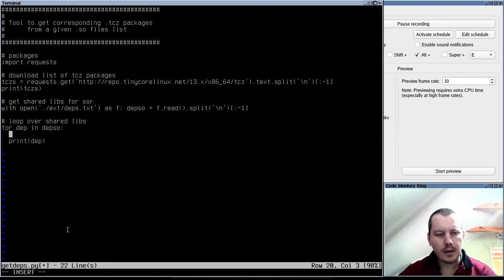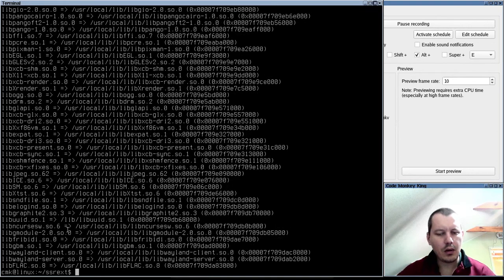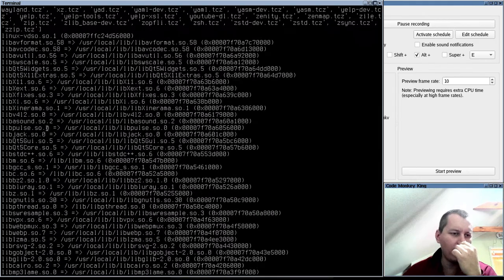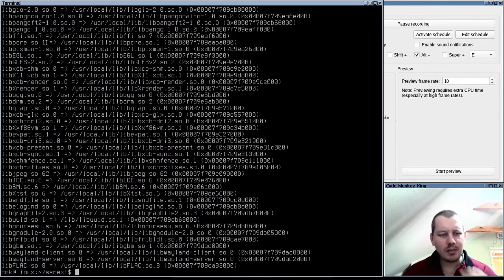So let's call it candidate. Candidate is equal to dep, and I just want to strip it to avoid having preceding or trailing tabs, I guess. So candidate, and yeah, this is good. Then you see these dots here. This might not be the best way of defining it. Anyways,